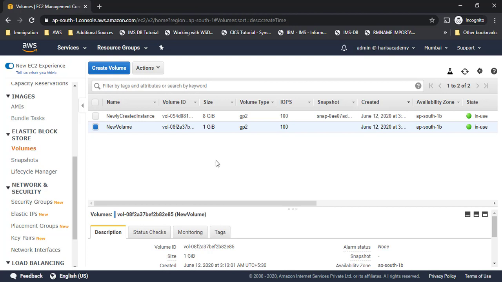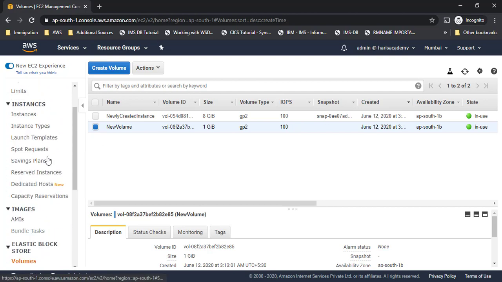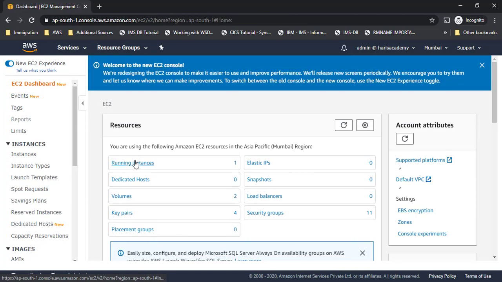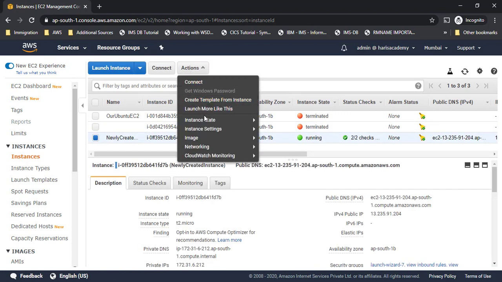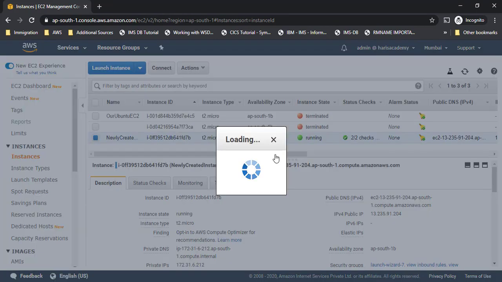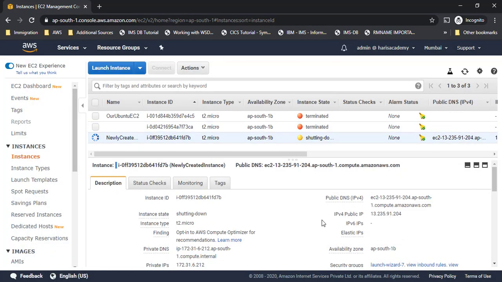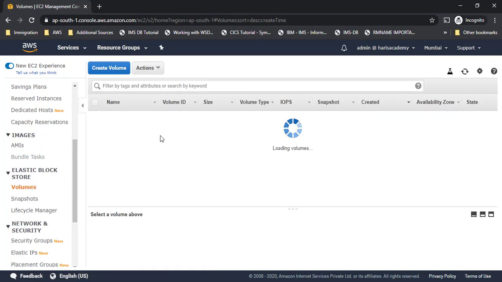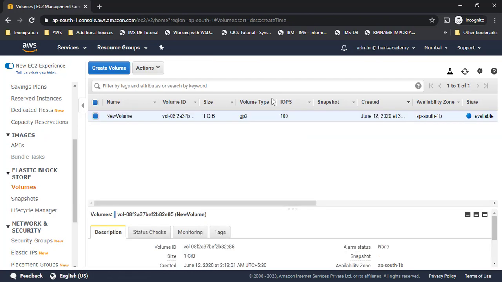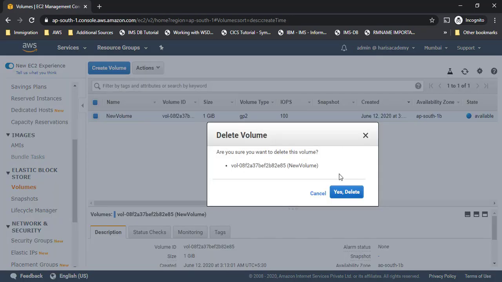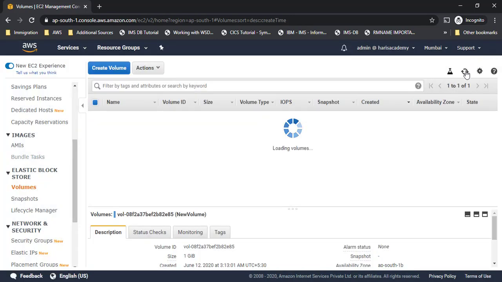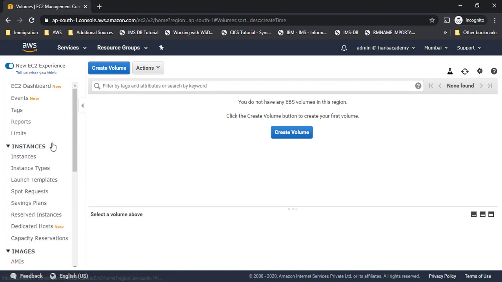So we undo whatever we have created. I created instances, so I'll go to the EC2 dashboard, running instances, and this is the newly created one. I'll click on this, go to actions, instance state, and then terminate it. Let it terminate, along with the EBS root volume. I have also created a new volume. It is already in available state, so I need not worry about detaching it. I can directly go to delete volume. When I click on delete volume, it gets deleted completely. This way we have undone everything we have created till now.